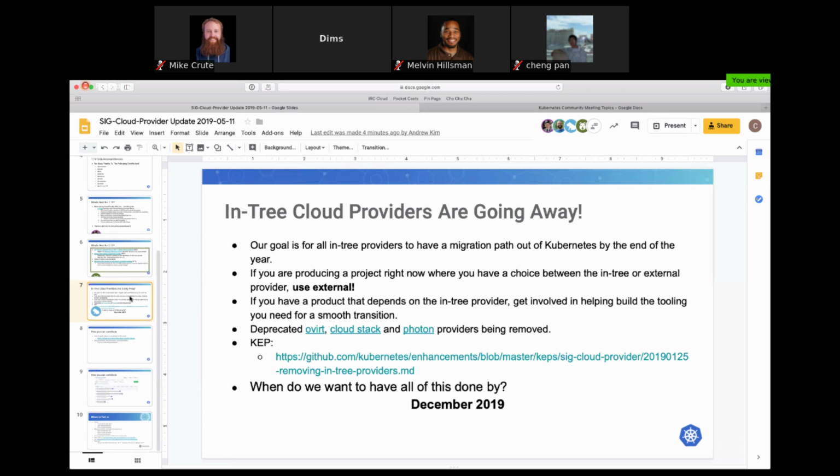But there are actually a lot of products out there that are maybe running clouds right now that use the in-tree provider, and it's not going to be as easy to make that transition because you might have customers who are actively using Kubernetes clusters that depend upon that. So we're working on building out the tooling to make that a smooth transition. If you want to get involved in that and help out, that would be fantastic. There's a KEP that's being set up for that